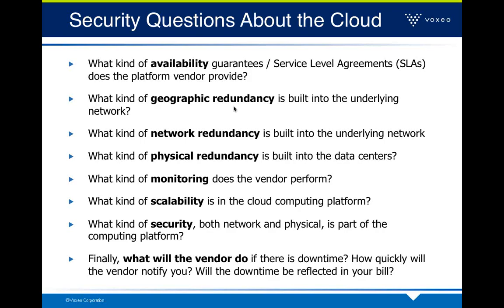Things like geographic redundancy, network redundancy, physical redundancy. These are key components which you may not think to ask when you just go to that web page and sign up with a credit card because it's simple and easy. And for proof of concept and experimentation, you may not need to care because everything's in beta, right? But when you're actually looking to go run production apps, you need to think about and find out what level of support. How can I be sure the cloud will be there?